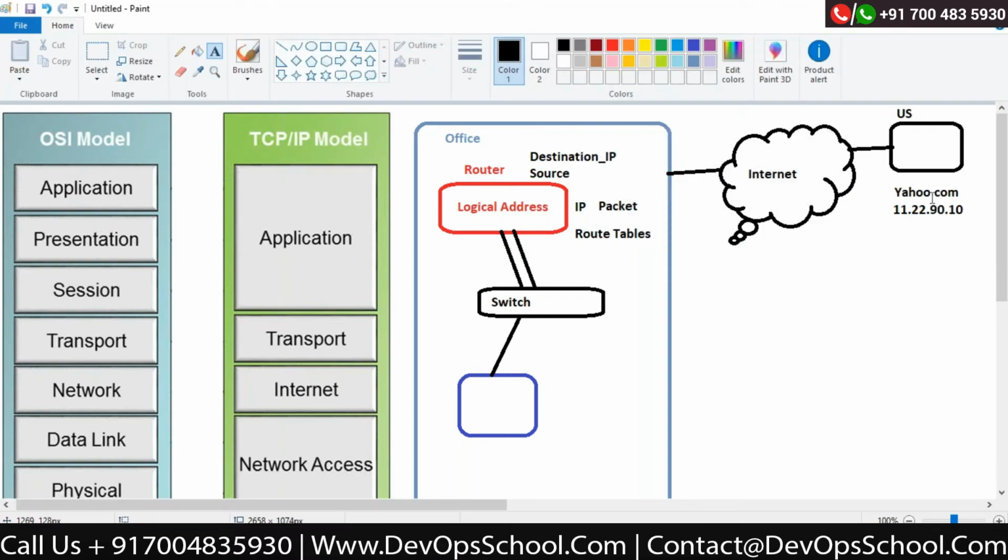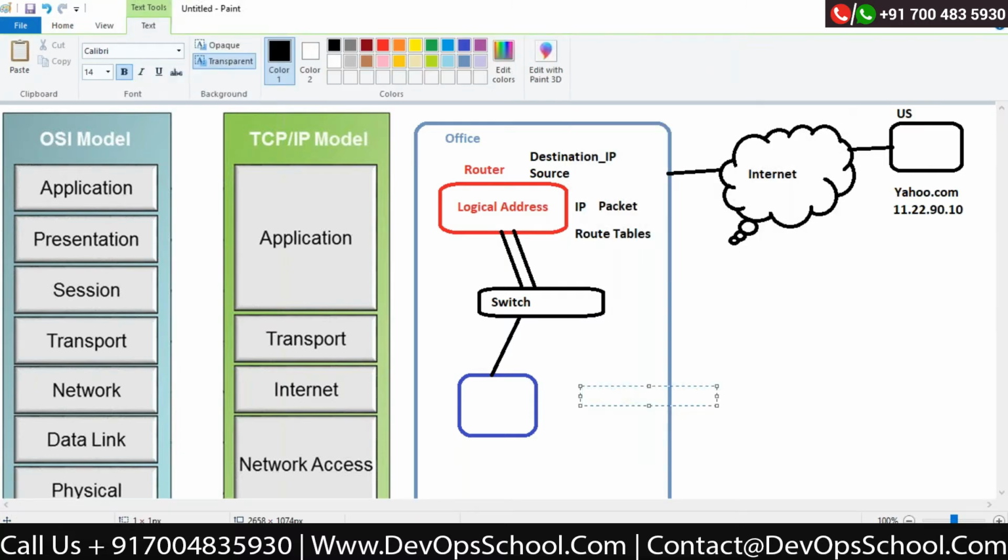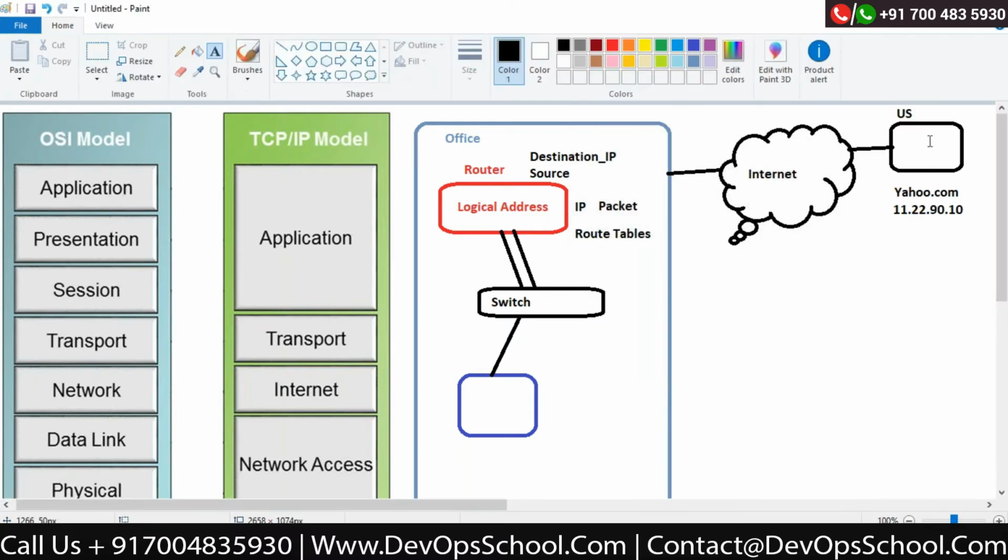I just gave you the example of the internet, but there are multiple concepts which we can use in order to create the router, correct? But the basic function of the router is to connect multiple networks together. My office network is a completely different network. Yahoo is a completely different network. But with the help of the router and internet connectivity, I am able to make this communication possible.